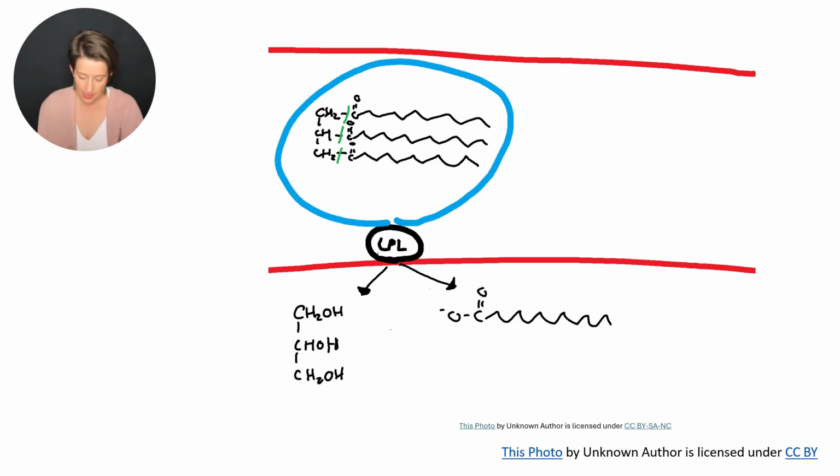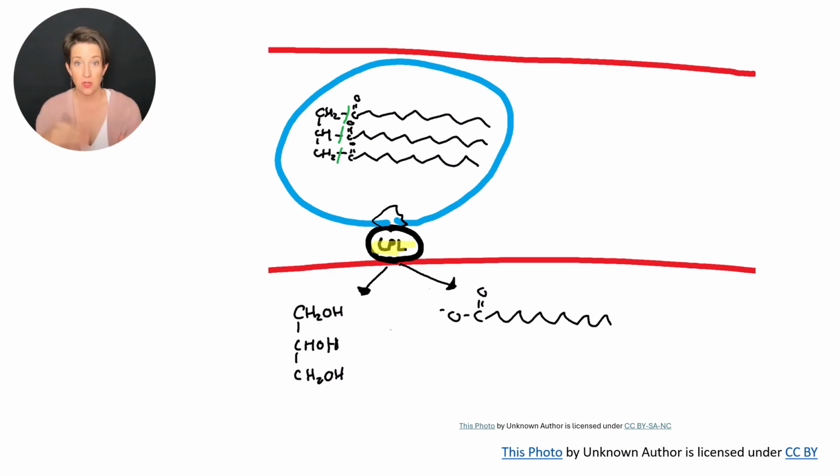An example here is our LPL. That is a lipoprotein lipase. From that other image of the chylomicron, remember we have those embedded proteins within the membrane of that phospholipid layer. That is going to catalyze the